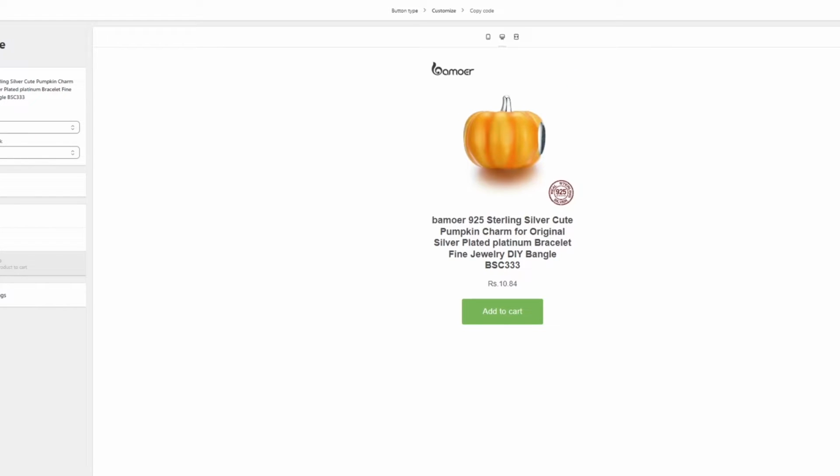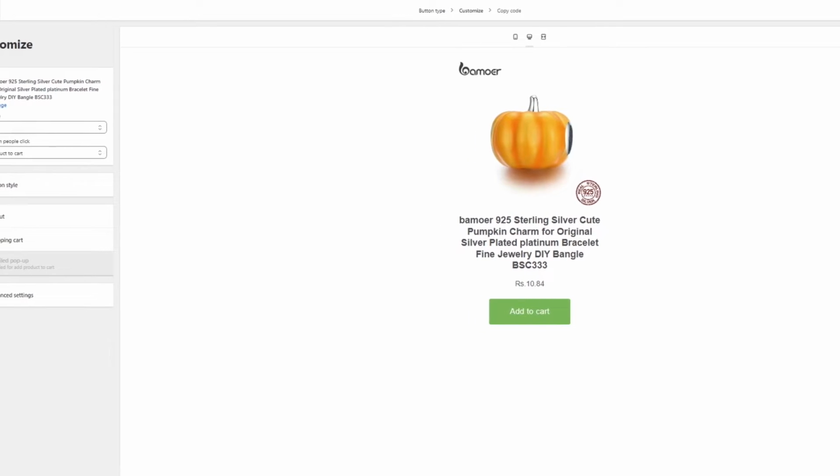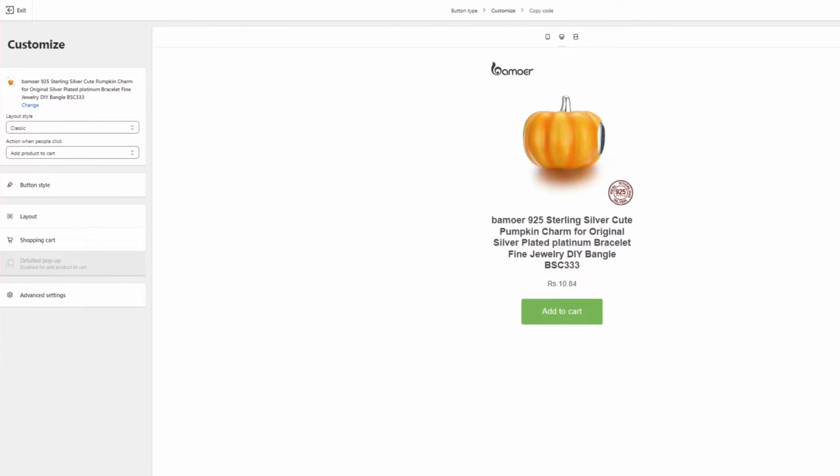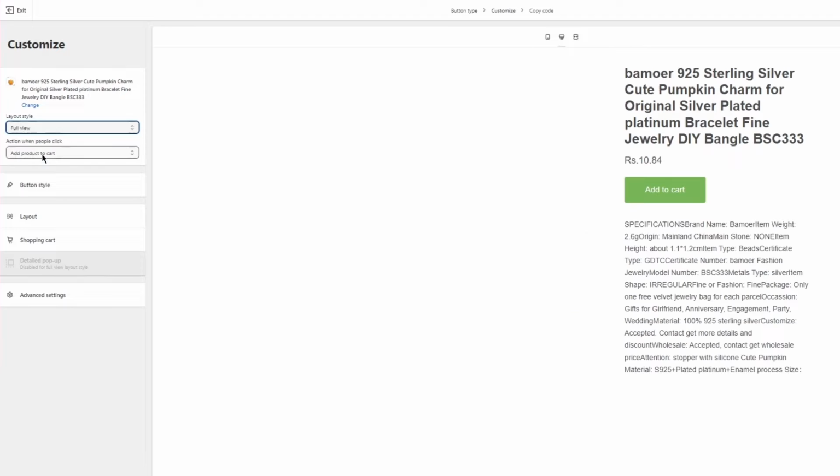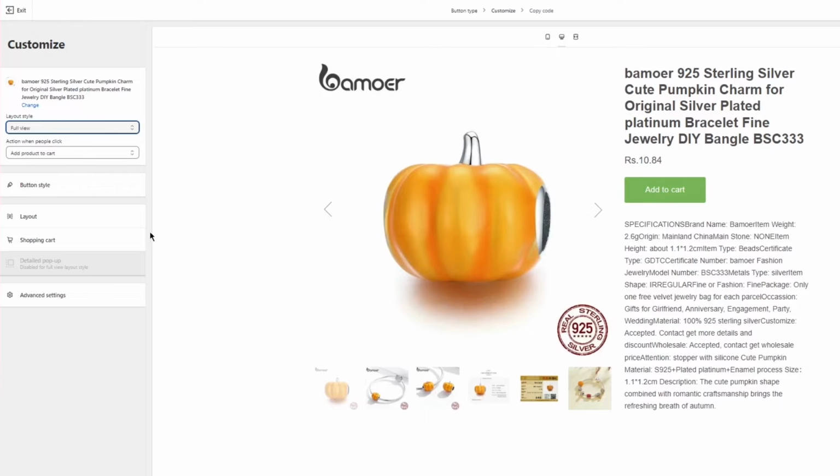And once you do that, it brings you into the customization. Okay. So in this customization, you can produce different button options for yourself. There's layout styles, action when people actually click, button styles, shopping carts, advanced settings, and a whole lot more. Here's your layout styles. Let's say I'm going to go with full view, and this brings you to the full